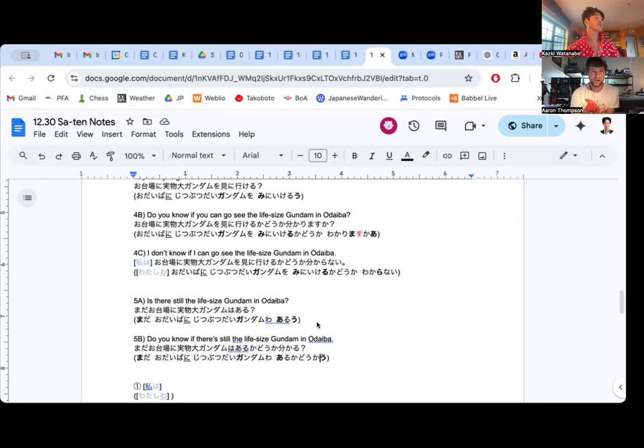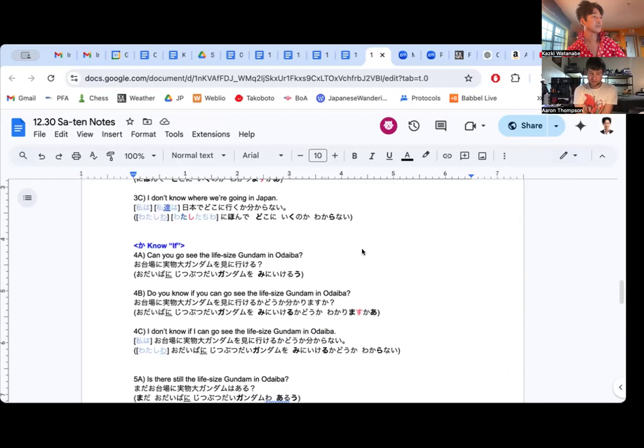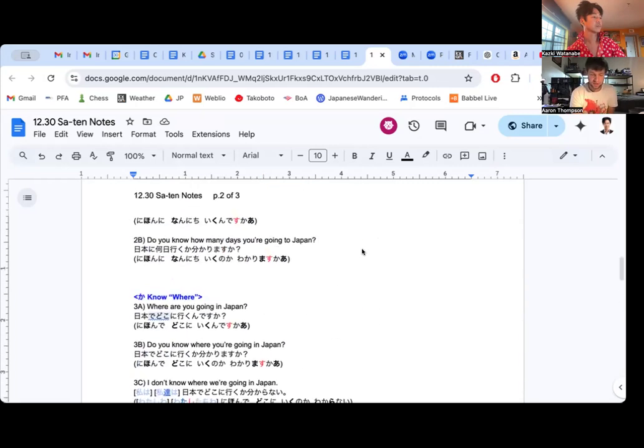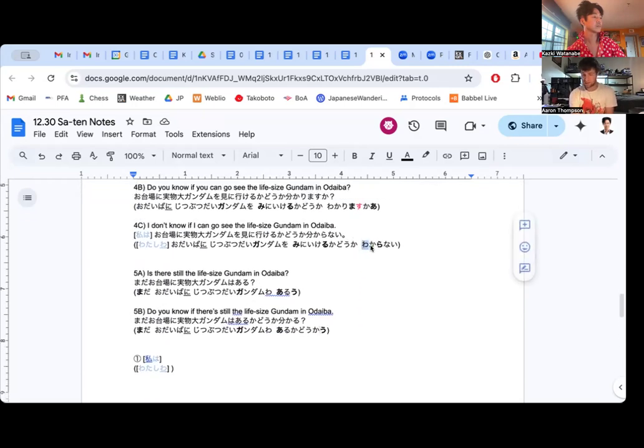So you do know if, right? Okay. What about negative? I don't know if we can go see the life-size Gundam in Odaiba. お台場に実物大ガンダムを見に行けるかどうかわからない。 そうです。